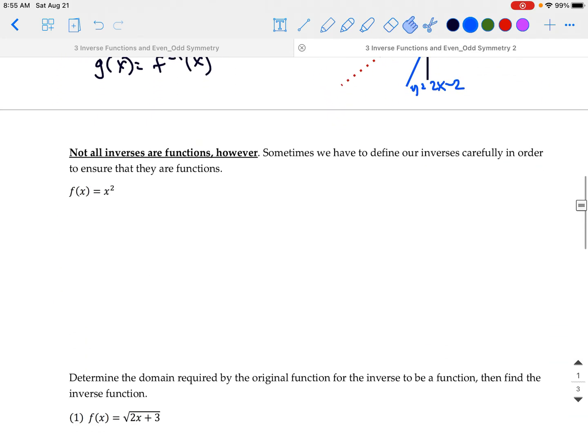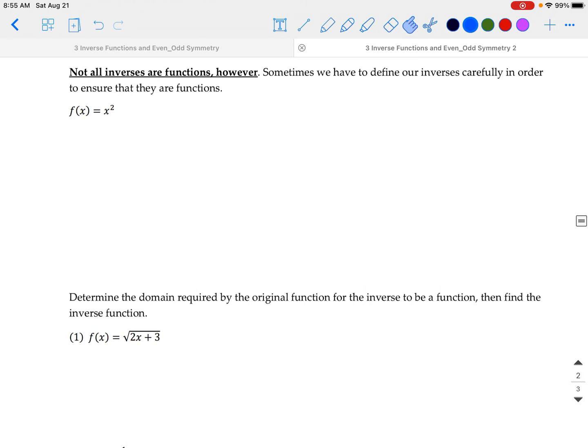All right, so moving down here, we're going to look at some examples where we need to be careful about inverses being functions. And in particular, we're going to look at what are the conditions necessary for an inverse to itself be a function. So if I look at the quadratic function y equals x squared, we know what the general shape of that is going to look like. So if we were to reflect that about the line y equals x, or solve for it using the algebraic method, let's say,